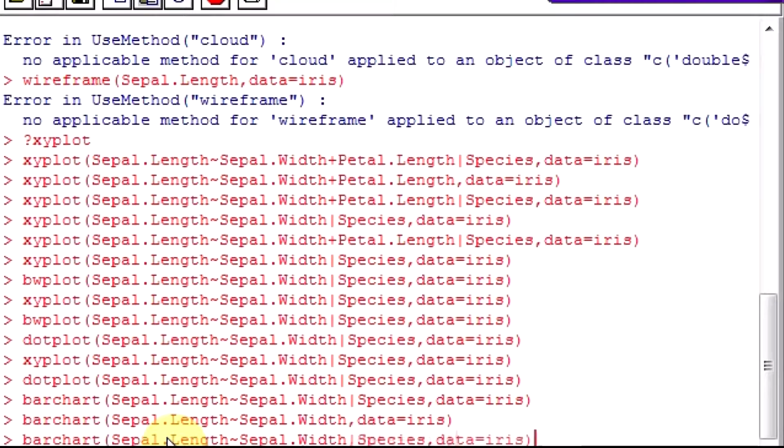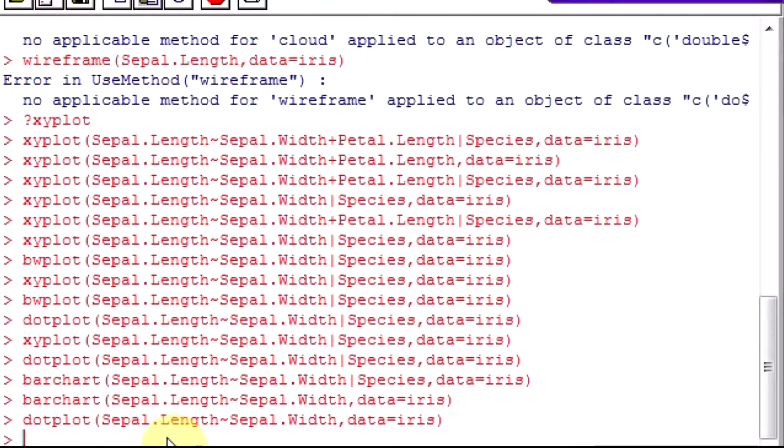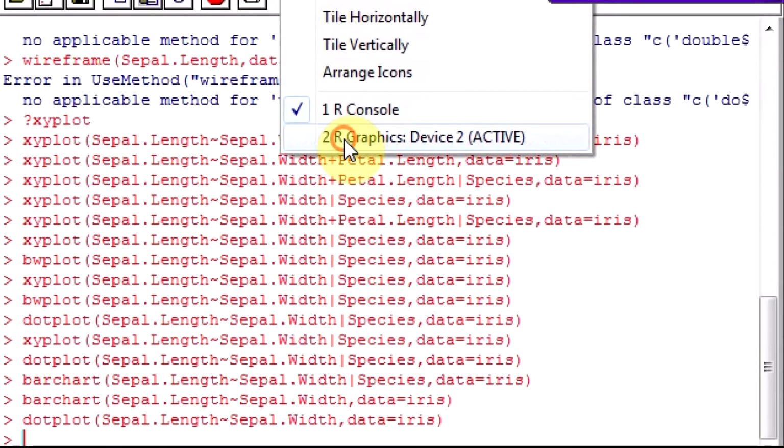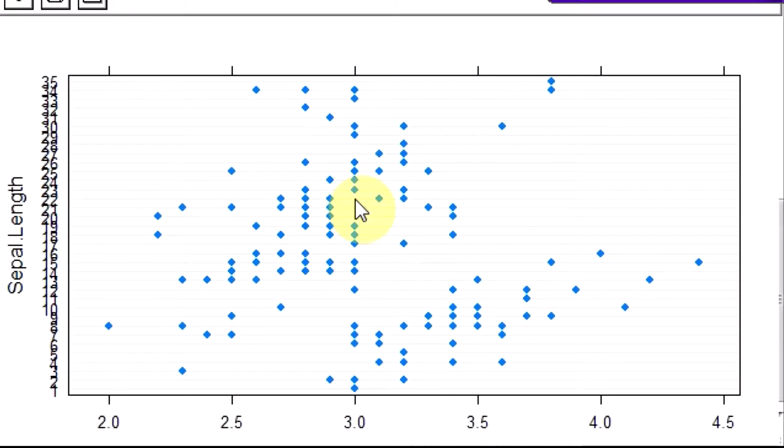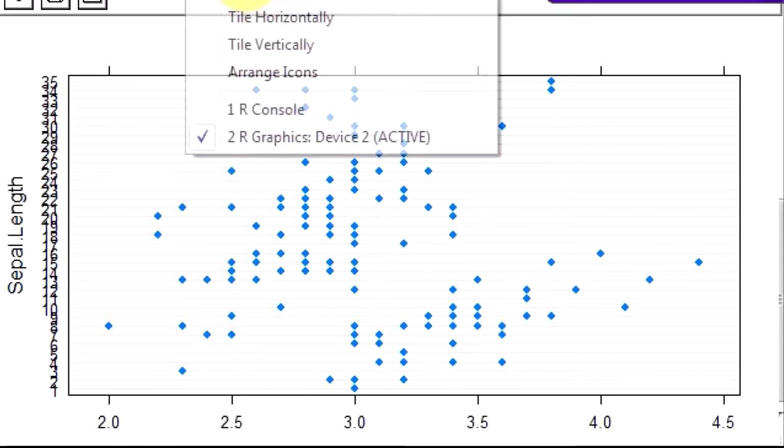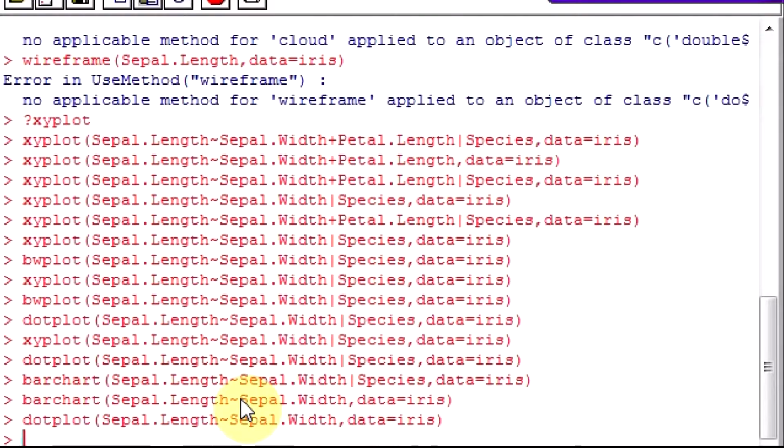And if I did the dot plot without the species, this is how the dot plot will look, right? Just I have added to the formula by species.